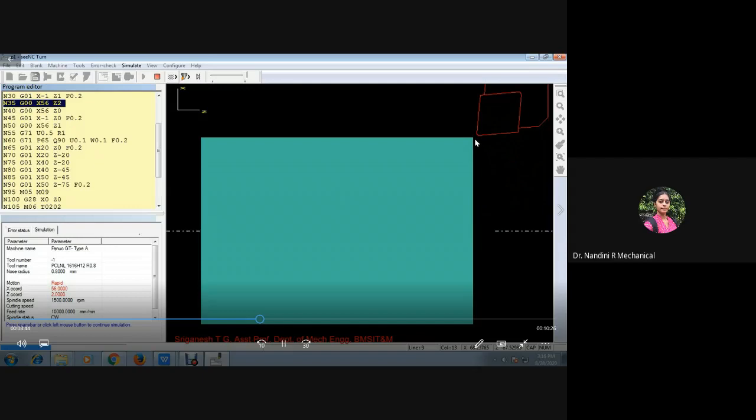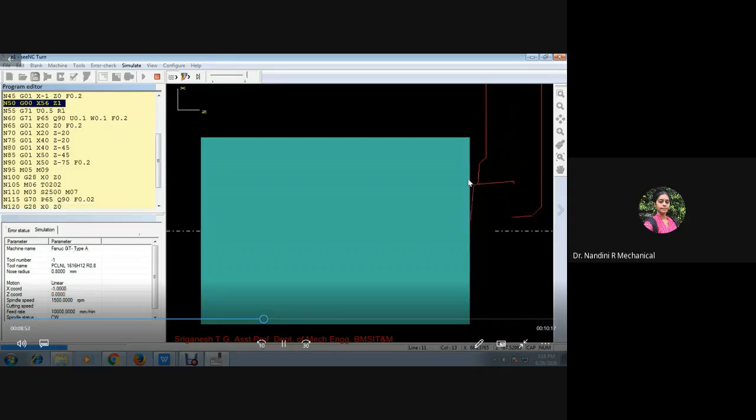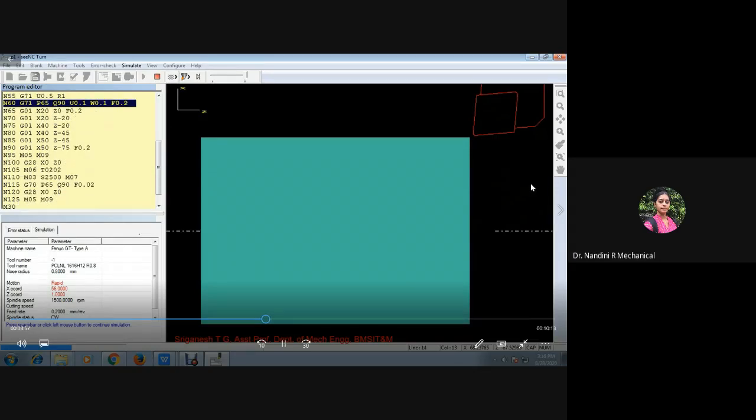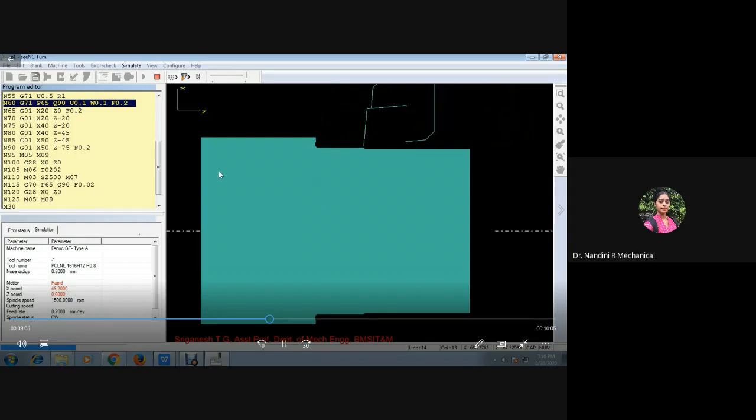So it is now started. You can see the tool coming here because the simulate link has been clicked. Once the simulate link has been clicked, it starts with the tool, and you can see how the material is being extracted, because you used a blank of big dimension. Now we have to cut it short as per the required part. When it moves, each and every command here will be highlighted, and the specifications you have given can be seen down in the second column.